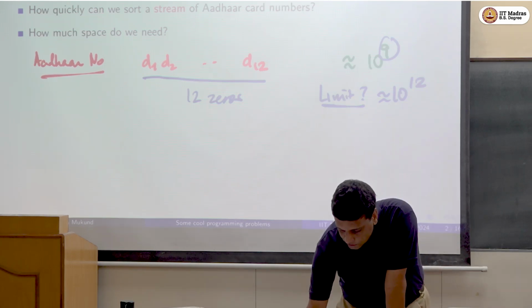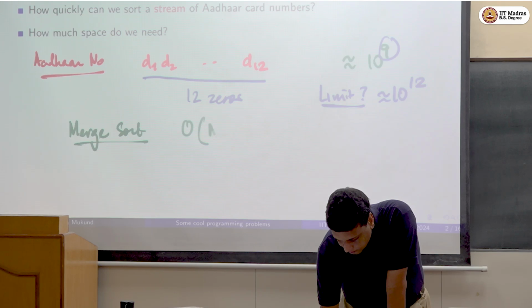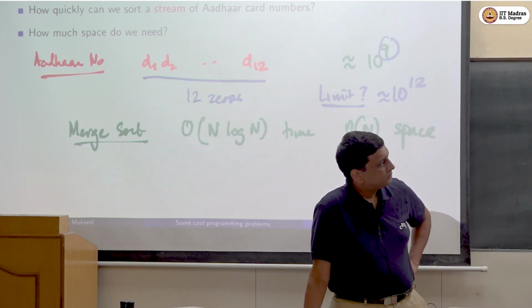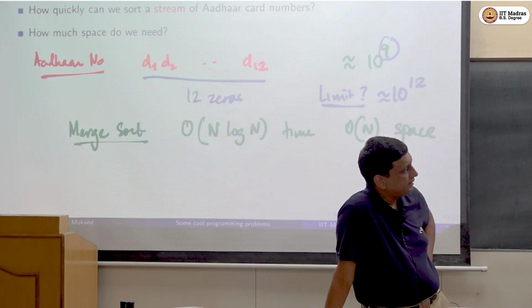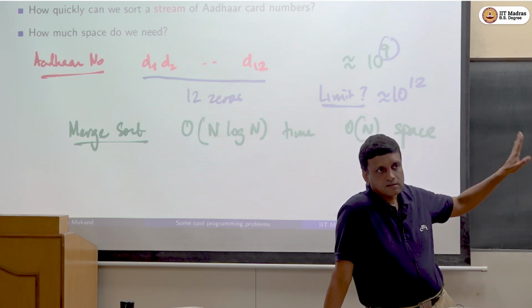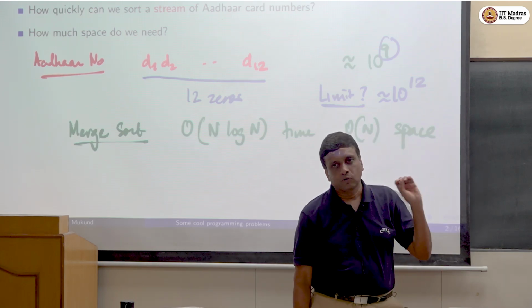So for example, if you use merge sort, right? So my question is, is there some other way to do this? I mean, this is technically correct. Okay. The other thing you should remember is that we have to also think about how we are going to